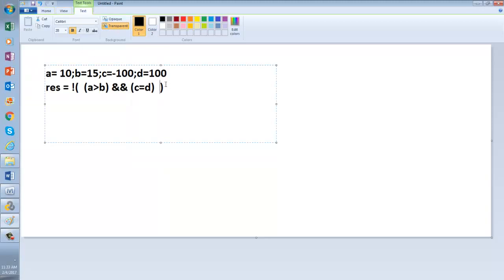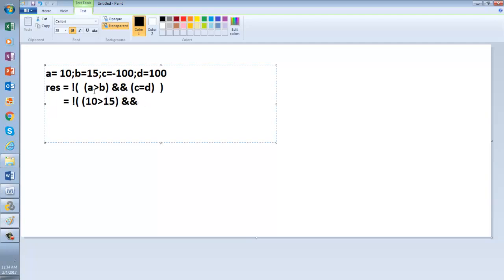The way you will be solving it for your understanding: let's keep this not here, and then let's keep this parenthesis. First you solve this parenthesis. So a greater than b, that means 10 greater than 15, and then we have ampersand.